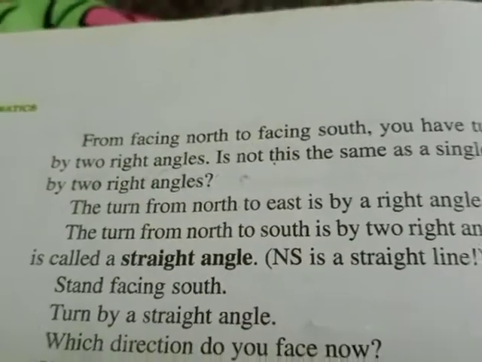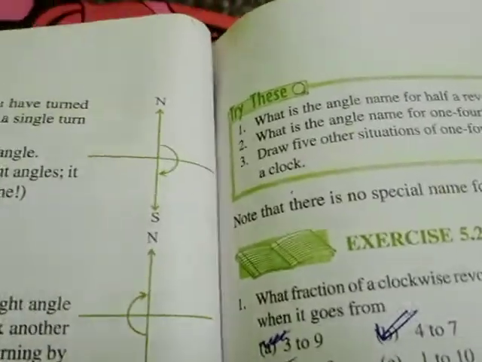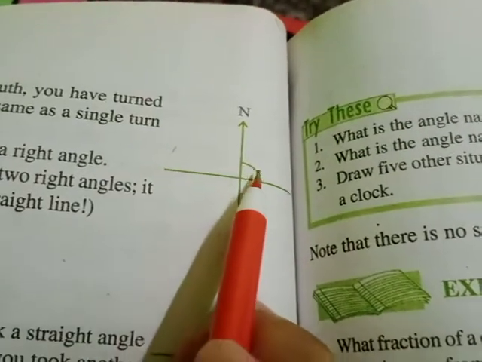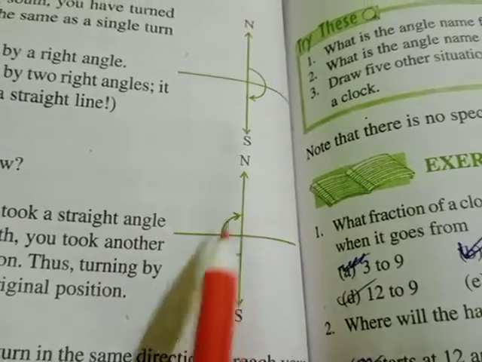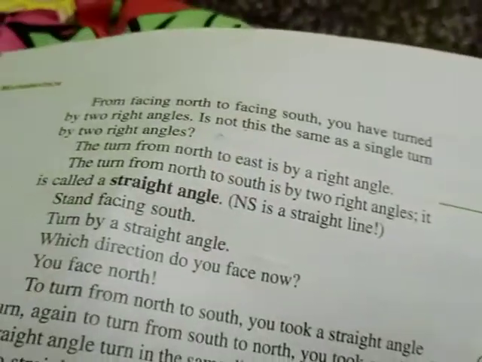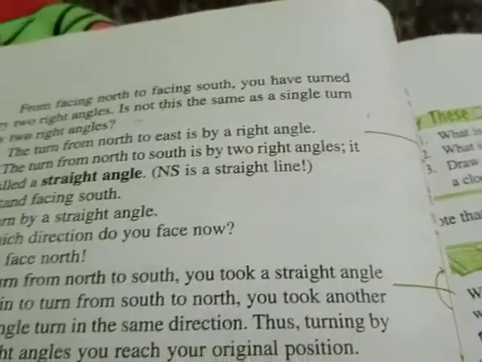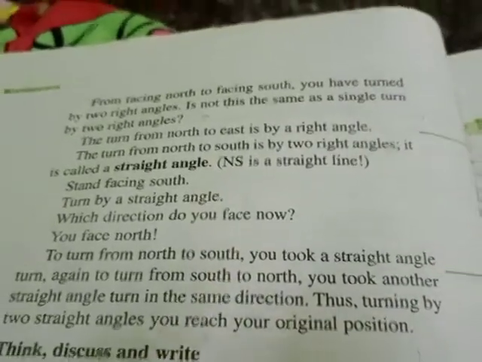When we move forward, you can see now the straight angle. I'll tell you what the straight angle is. You see, from north to complete south, then south to complete north. Like this we say the straight angle. This we discussed from the viewpoint of north, south, east and west.